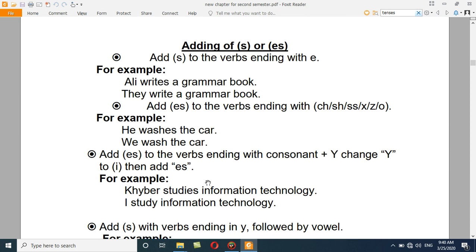Now we need to have some important points regarding adding s or es. په سیمپل پریزنټ ټینس کې مهمه خبره هم دغه ده ډېری زده کوونکي ورسره لاس او ګریوان دي نه پرې پوهېږي and it is adding s or es چې په کوم حالت کې ورب ته موږ s یا es ورکوو